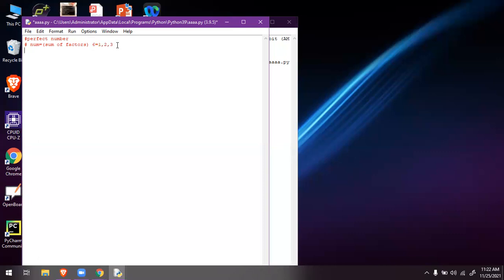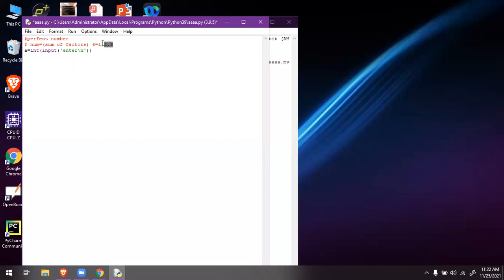For this concept, we have to take the integer input from the user. Enter n. I'm taking the integer input. While checking factors, we have to divide.